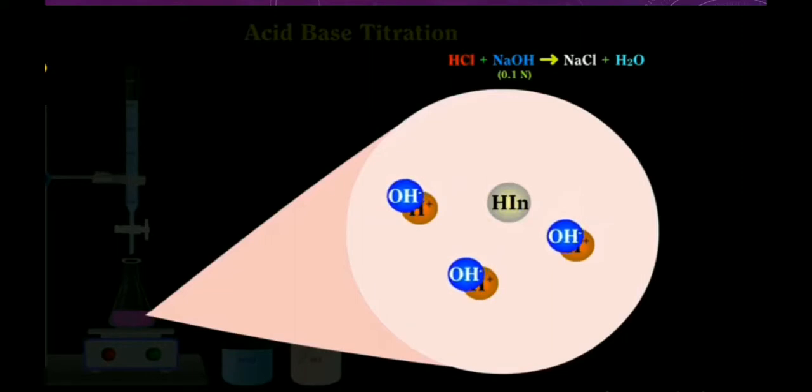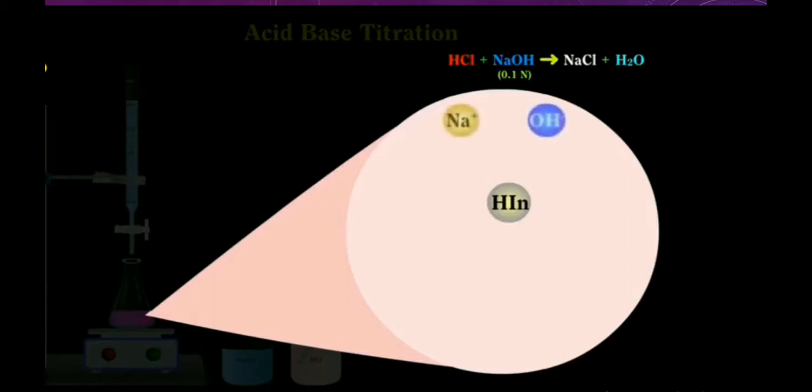At the equivalence point, all the NaOH molecules react with all HCl molecules to make the solution neutral, of pH 7. If we further add NaOH, the solution becomes alkaline,